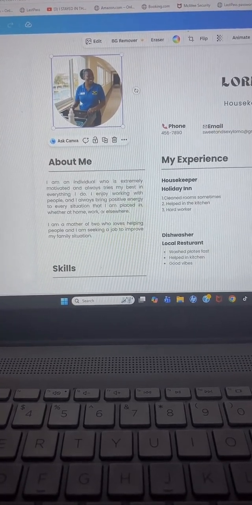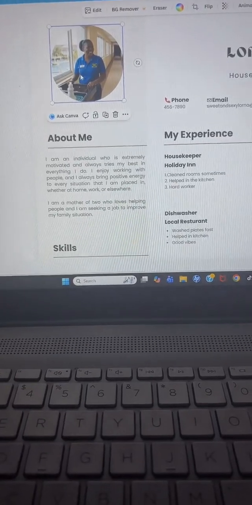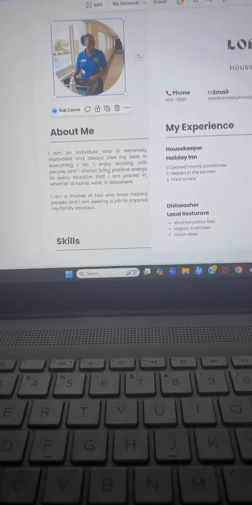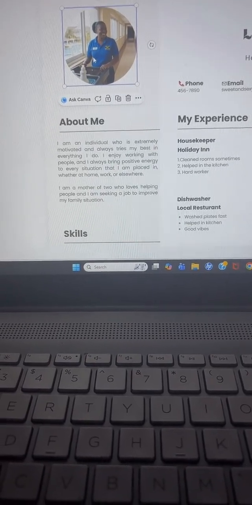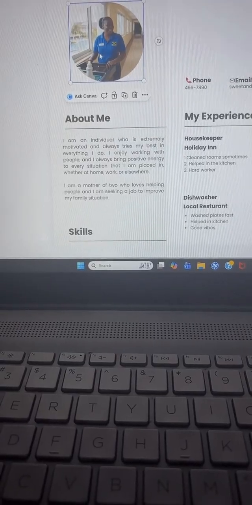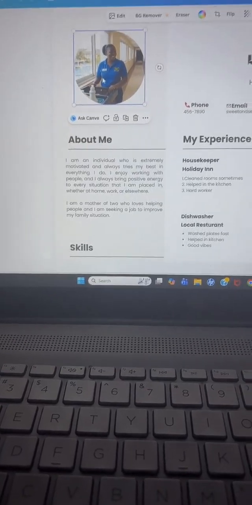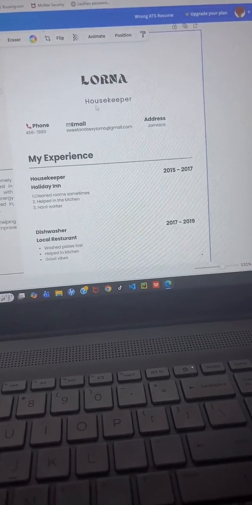You want a full face picture, like a passport size picture. That's good. Ensure that you're smiling and ensure that the picture looks professional. Okay, so this is a no. No selfie on your resume for this section, guys.